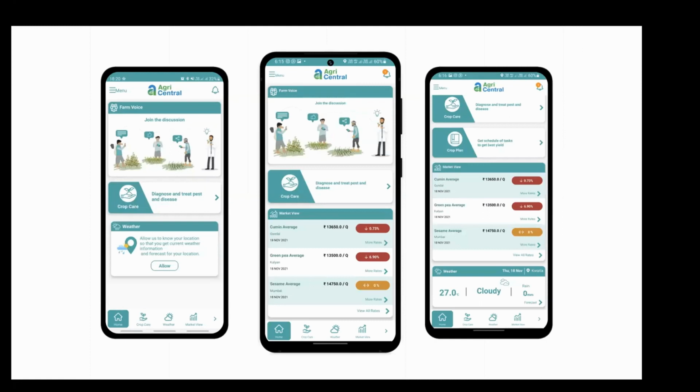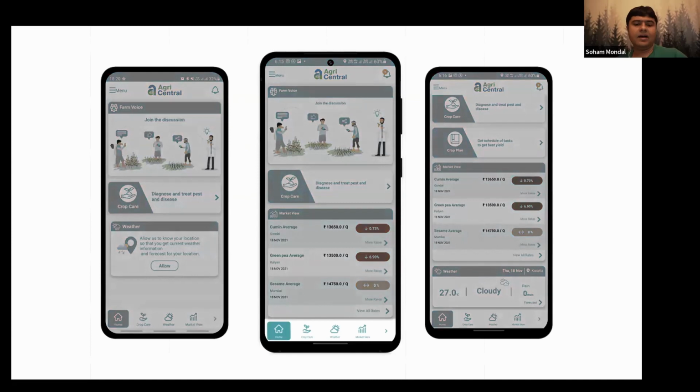What do you all think? Just like the previous app, right? It has a great bottom navigation. It has a great functional toolbar. It has a good central area for content, right? But my question to you is, it's an agri-tech product, right? Just by looking at it, do you get a sense of what this product is all about,